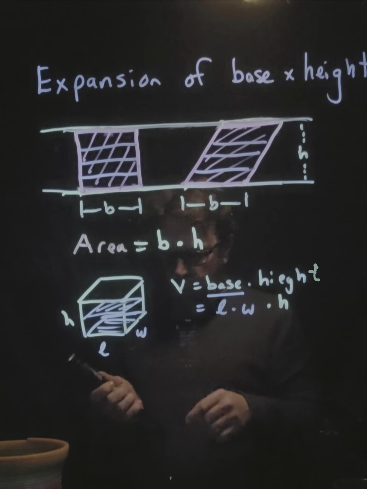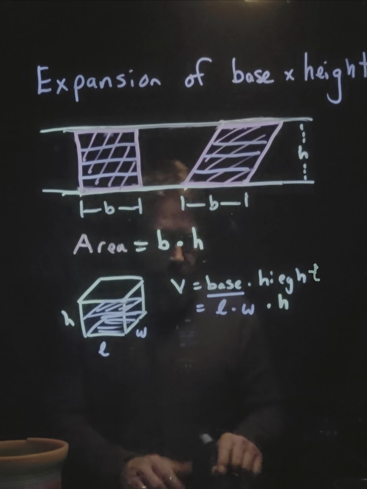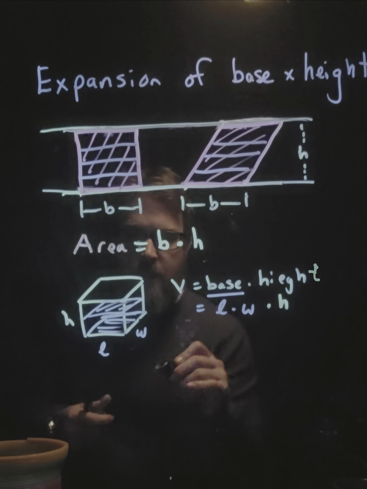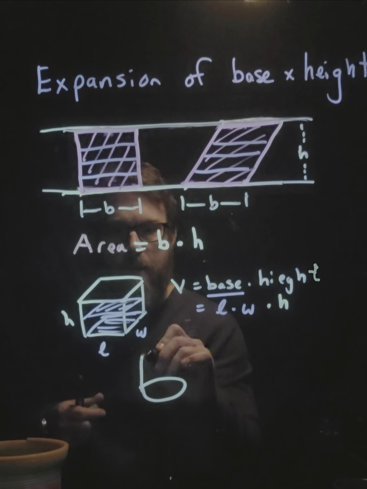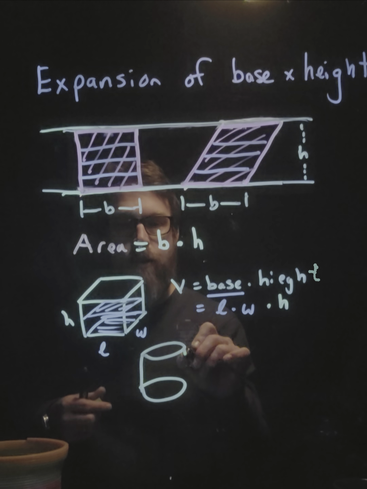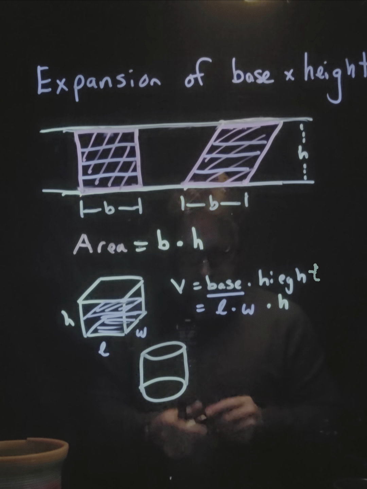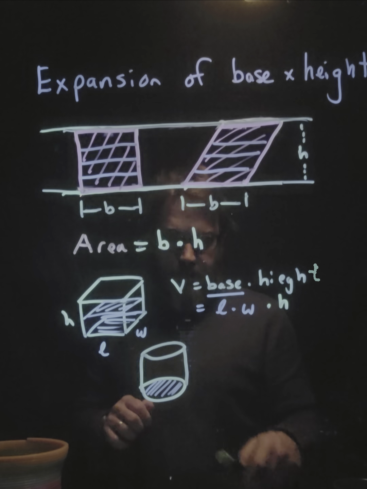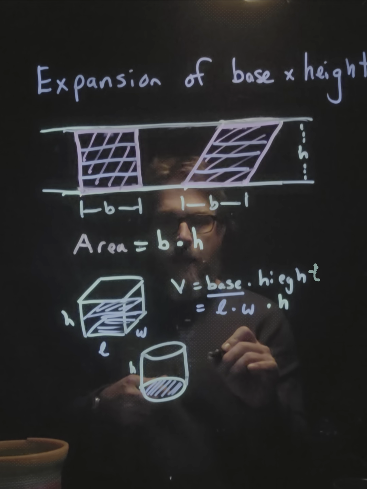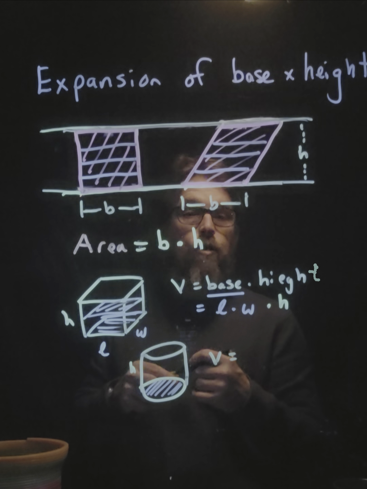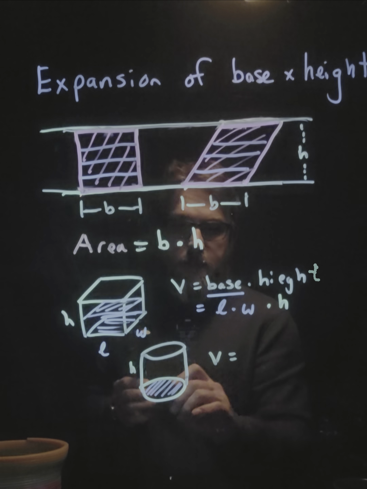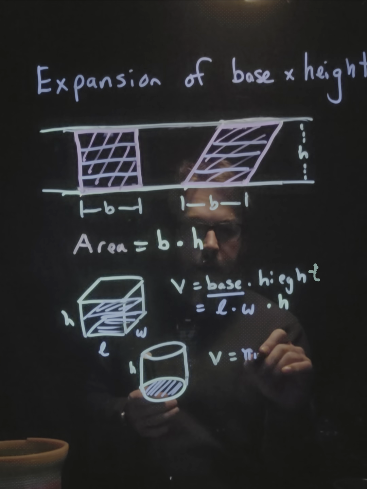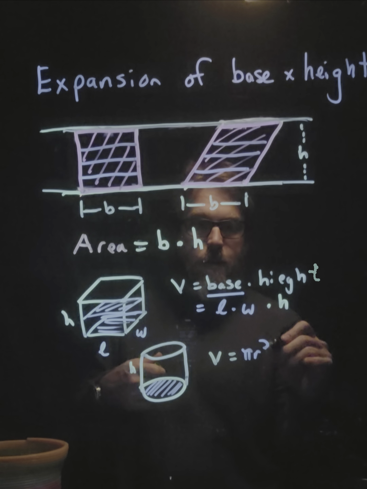The last thing we could talk about is what about a cylinder? So if I look at a cylinder, we can see something that looks like this. If I want to know this thing's volume or how much it contains, we can also tell that this is going to be equal to its base times its height. So that means the volume here is going to be equal to base times height. Well, the base is a circle, so this is going to be pi r squared times its height,